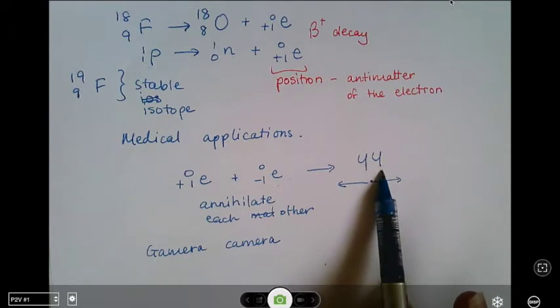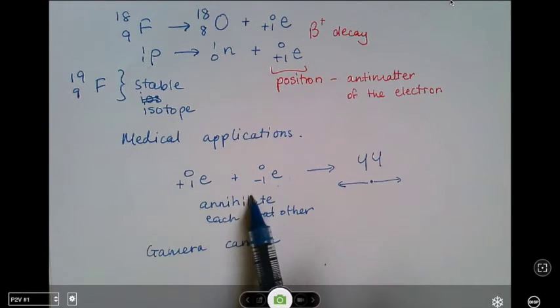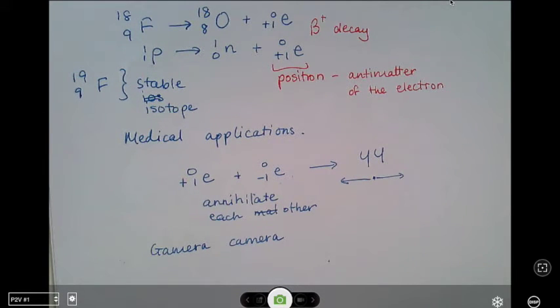These two gamma rays will be emitted at that site where they annihilate each other. The gamma camera is then used to detect the rays, and it can pinpoint the source of the fluorine-18. So where's the fluorine